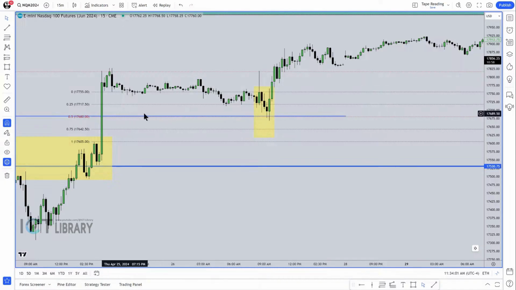Well, that's convenient, because right down here is that order block. And right down in here is the consequent encroachment of the one hour buy side imbalance, sell side inefficiency. So now we have liquidity engineered right at the consequent encroachment, or midpoint, of that gap.